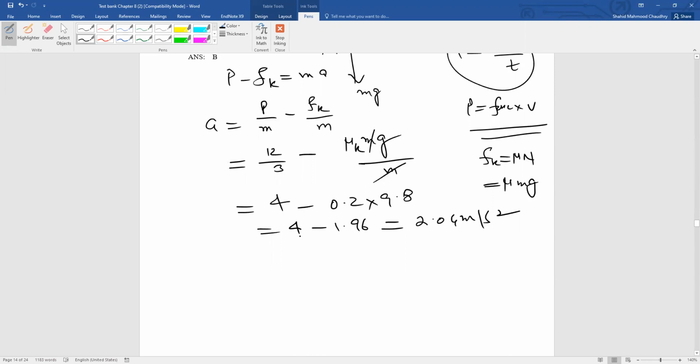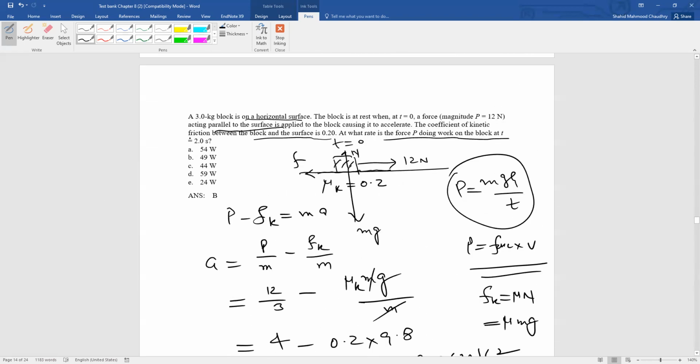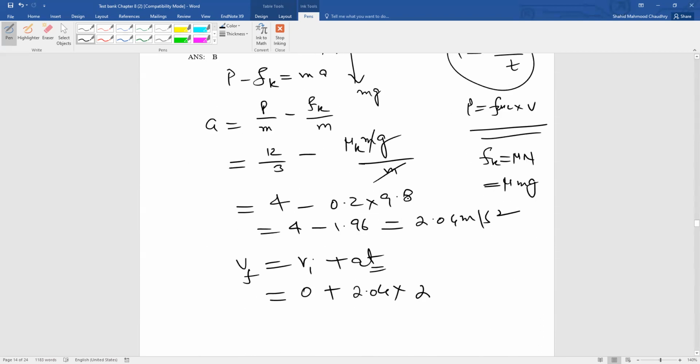After this, now we want to find the final speed. So final speed Vf is equal to Vi plus At. Here Vi is 0, because it is starting at t equal to 0. So A is 2.04 and this t is given as 2 seconds. You can see here, this is the 2 seconds at the end. So when you multiply this, the answer of Vf will be